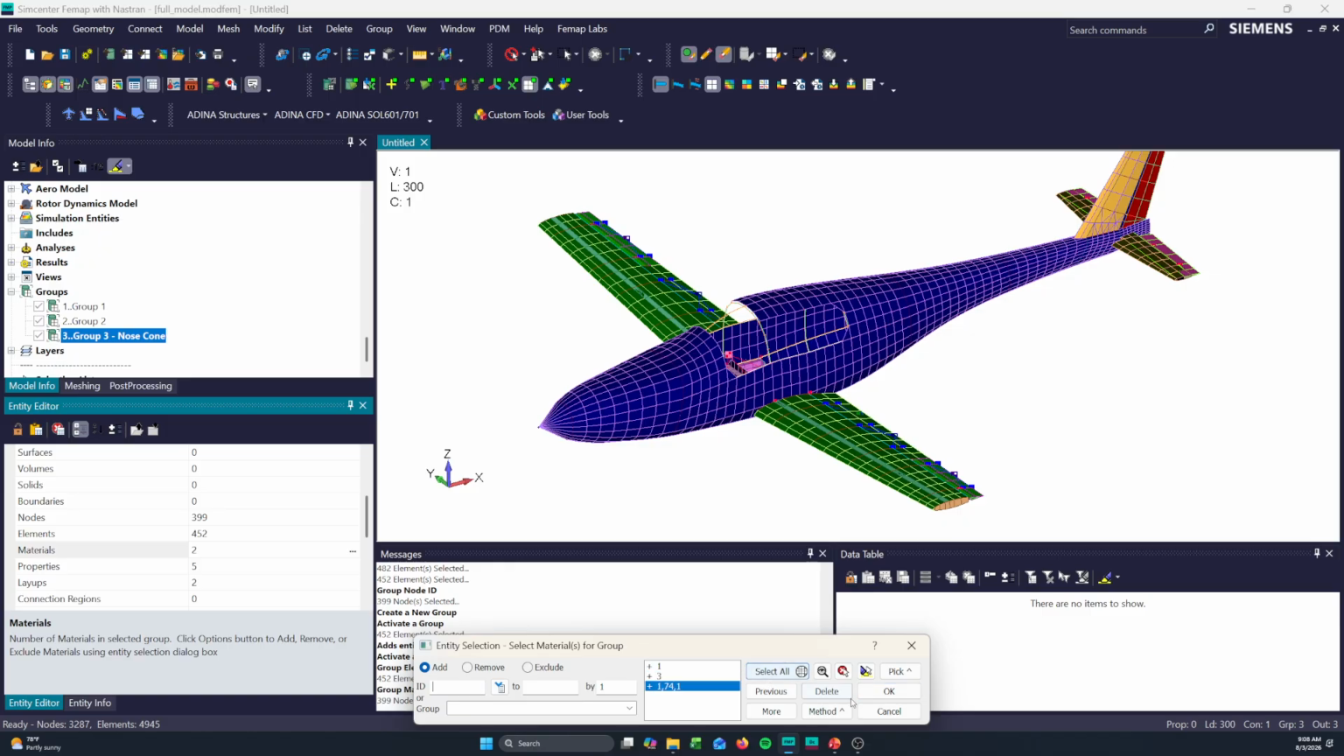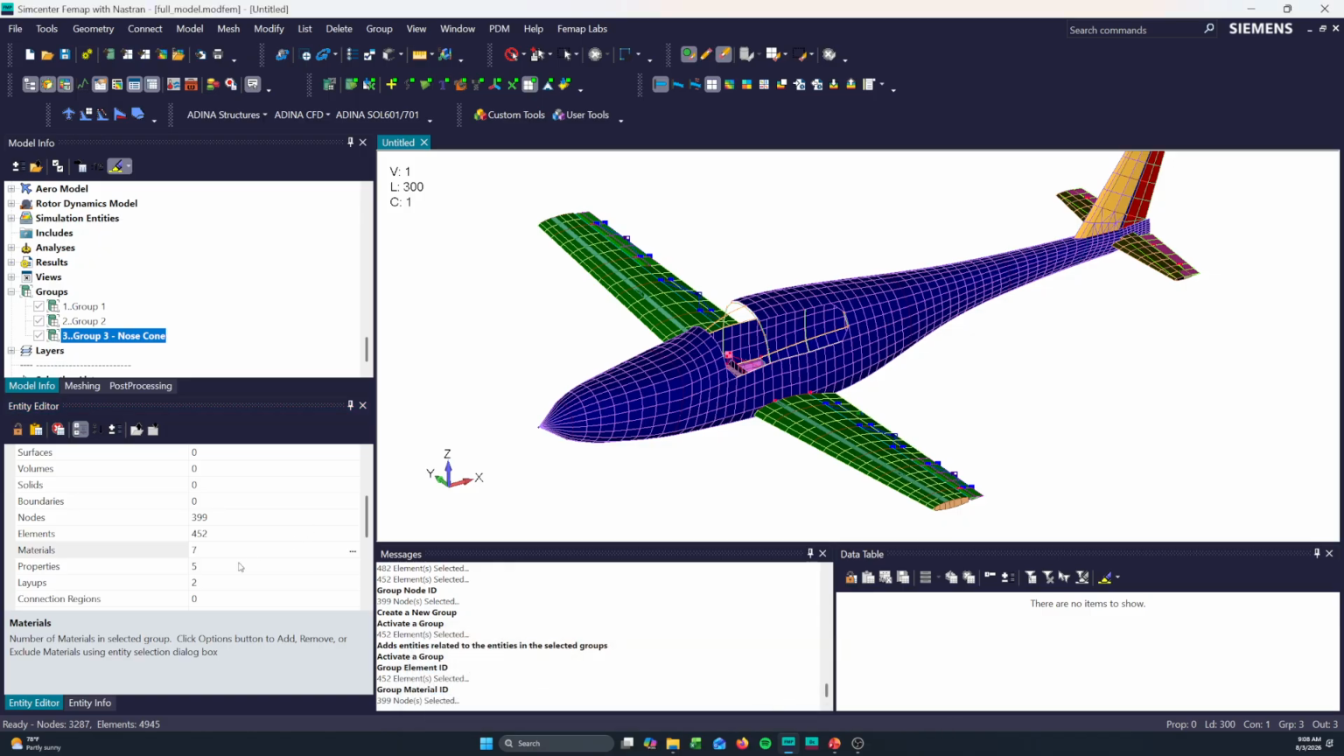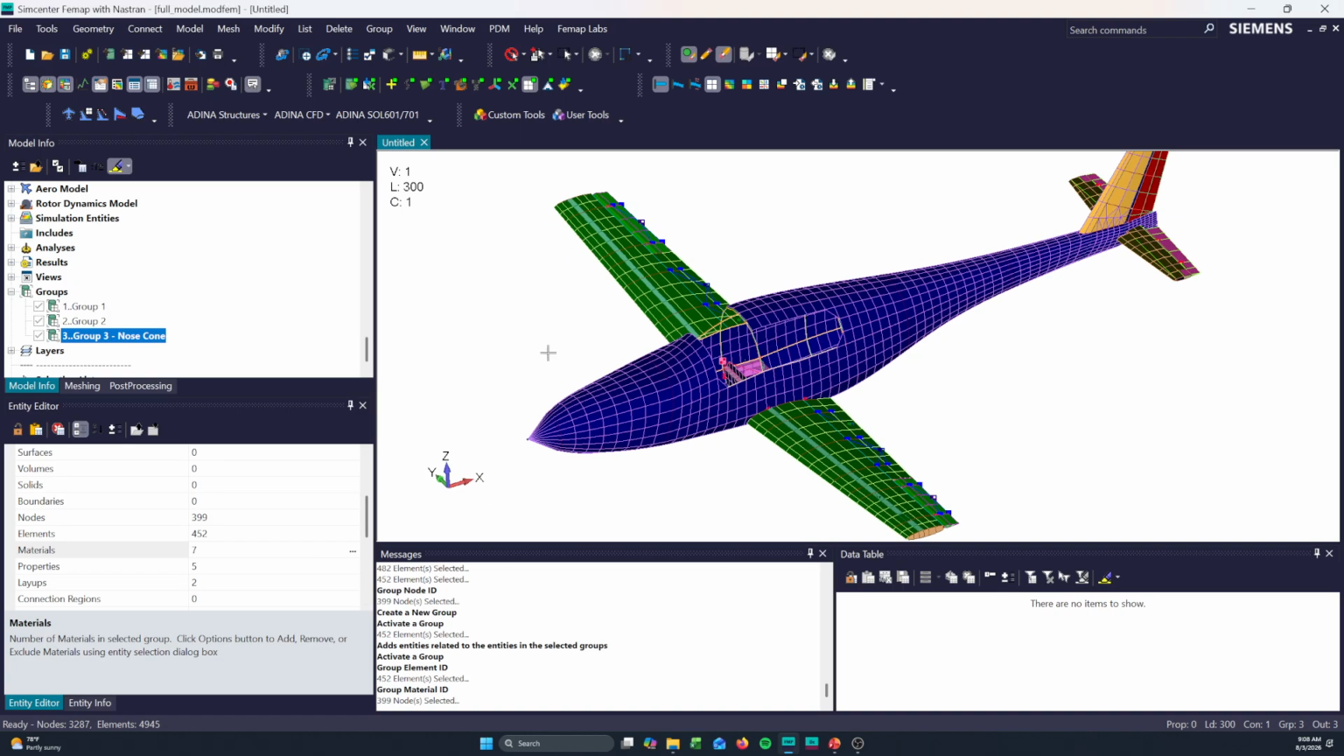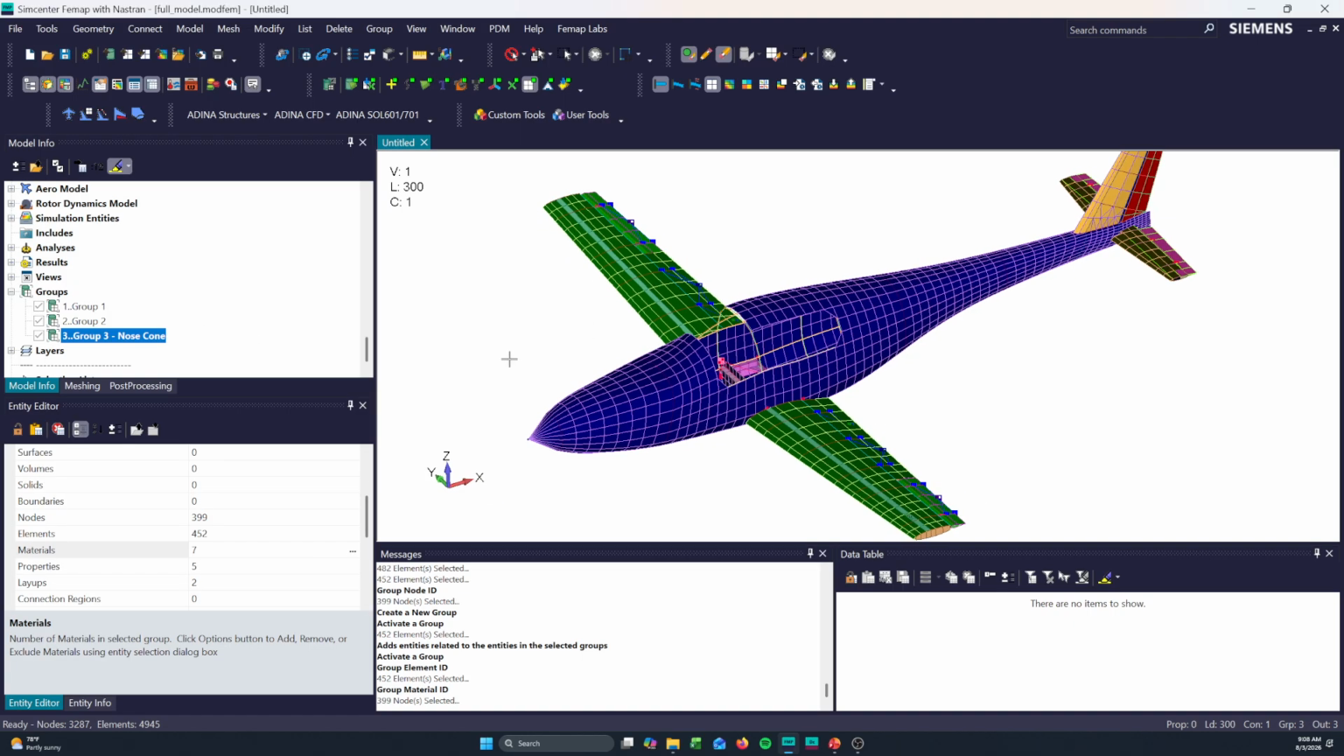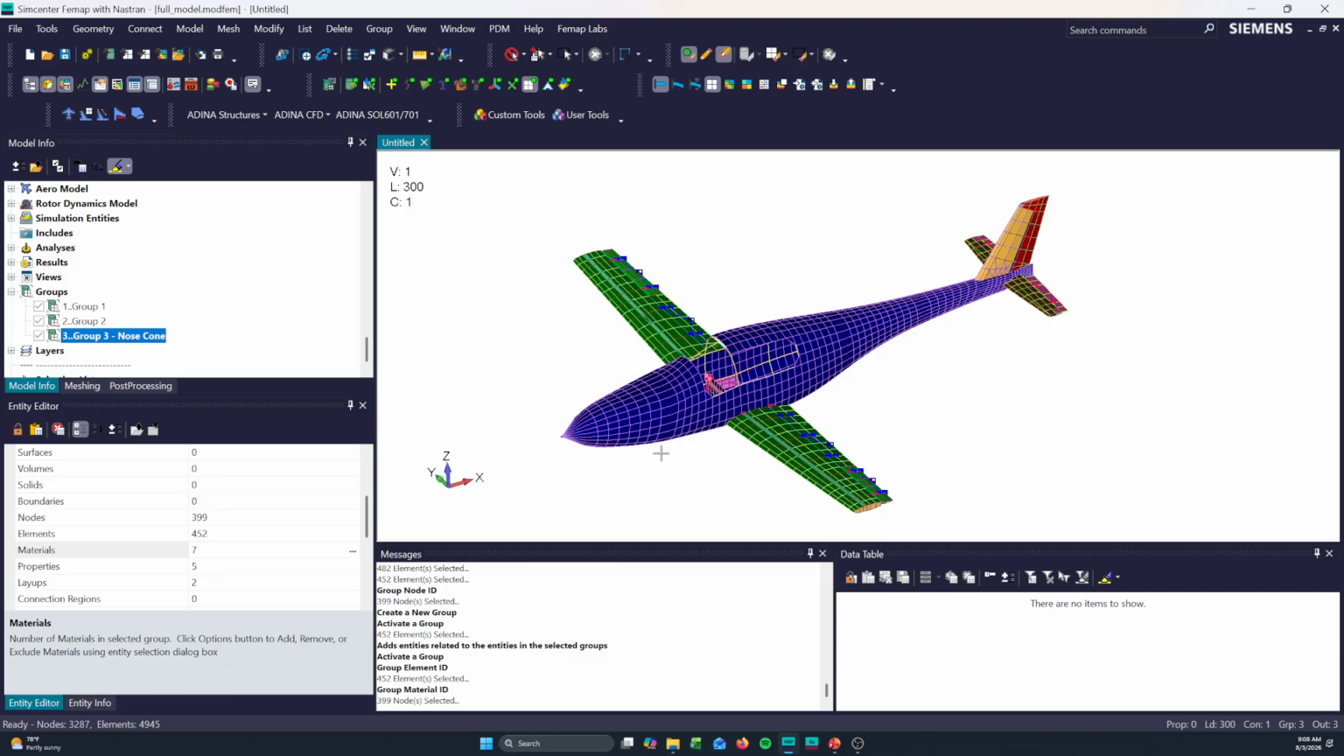So here I'm going to go ahead and add all the materials just to make it simpler. And you'll see now we have 7 materials. Now where this really becomes useful is in cases where you're wanting to do a model merge. So for instance, we might have a breakout model where we want to look at this nose cone directly in another system model. So doing the process here,